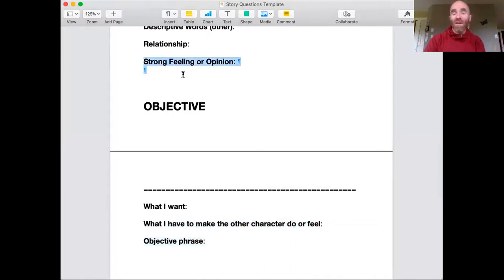Then in here, the relationship is brother and sister. Brother, if you're playing Phoebe. Strong feeling or opinion. If you're looking for emotionally charged language that makes sense to you, what would you say the strong feeling or opinion is about Danny? Right, and so what we're trying to do is take the focus off of you. Oh, I'm scared. I want to tell a story about a girl who's scared, and move onto the other person. What is over there that's driving the scared? That's where we might find something like "Don't leave me," or